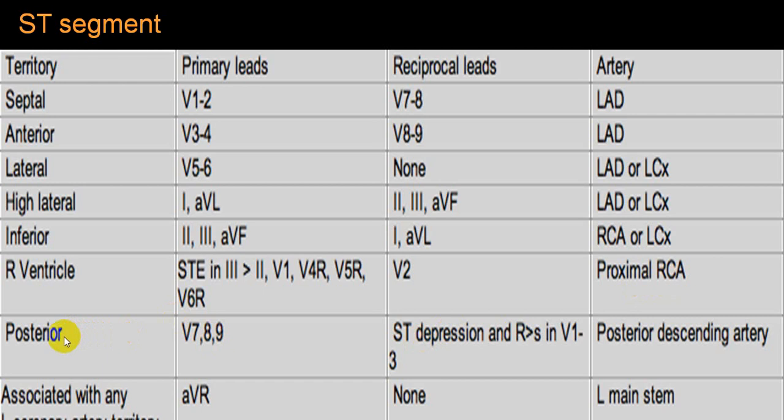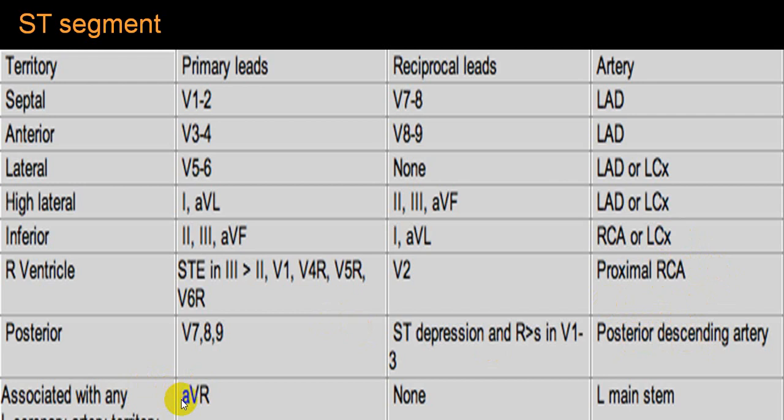And in case of a posterior wall MI, you will get an ST elevation in V7, V8, V9. Routinely we don't have these leads. So we look at the ST depression, which are reciprocal changes in V1, V2, V3, where you get an ST depression, R wave taller than S wave and upright T wave. Tall upright T wave suggests posterior wall MI, and these are reciprocal changes. Hence, this is put quite frequently in ST segment elevation MI. And here the artery involved is the posterior descending artery, which may be of RCA or maybe of left circumflex.